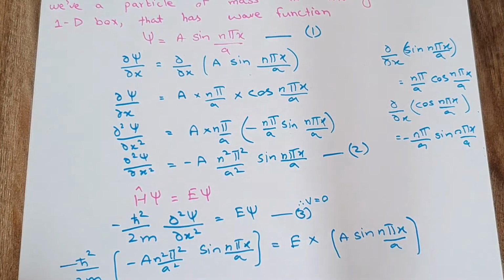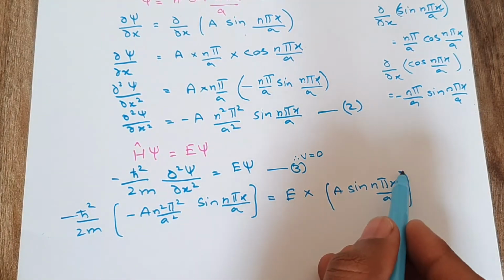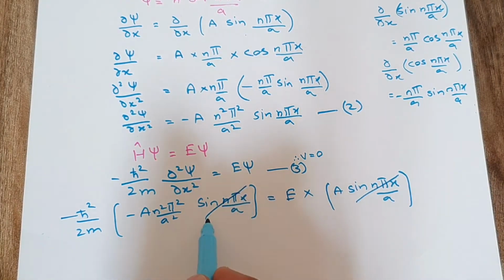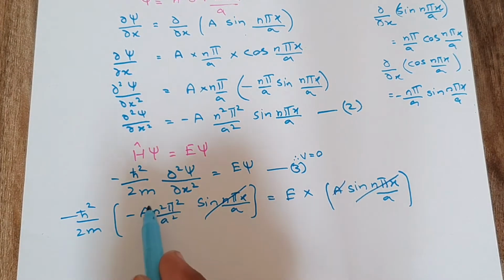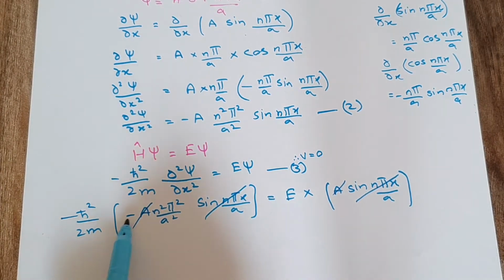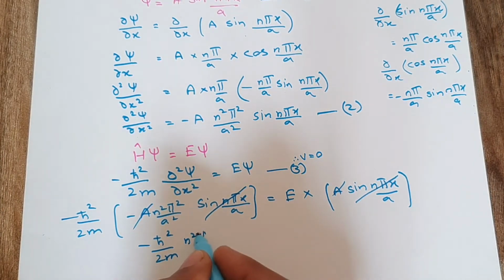So the next thing that I'm going to do is cut this part from here, sine n pi x over a and sine n pi x over a, since both are the same. And this a is also present on both sides. This a will also cut down, and the next thing is this minus minus become positive. So what I'm left with is minus h cut square over 2m n square pi square over a square